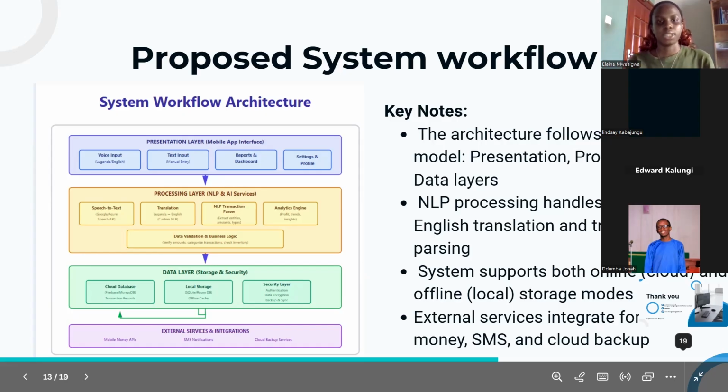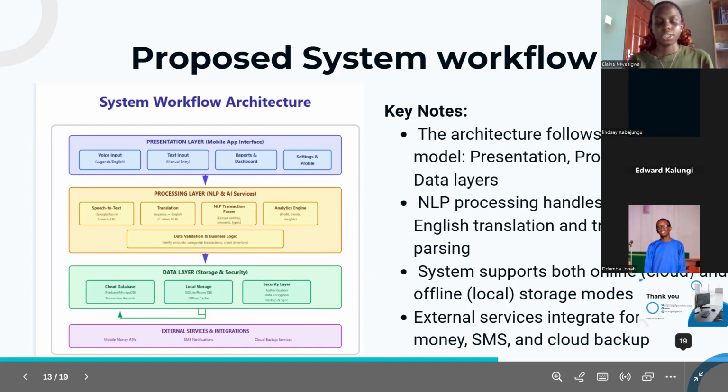That is information like the prices, the transaction types, and the items. And also the analytics engine that comes up with analytics or diagrams that represent the transaction, how the transaction for our business is going. And then we have the data layer, which is responsible for storage, both online through the use of cloud storage and offline on a device for users that might not be online.